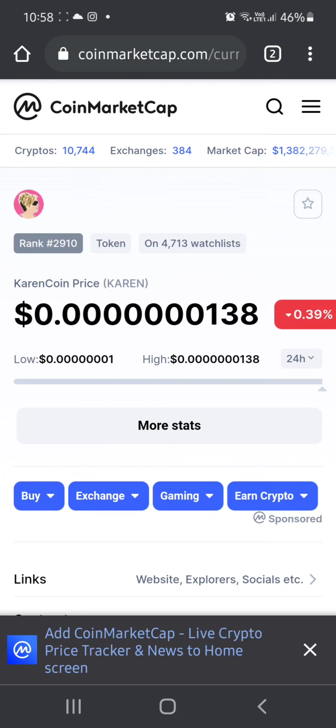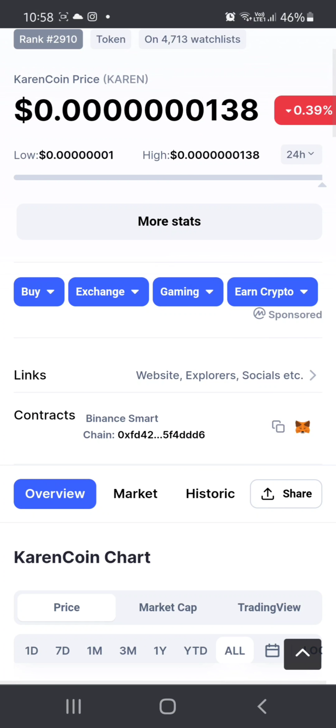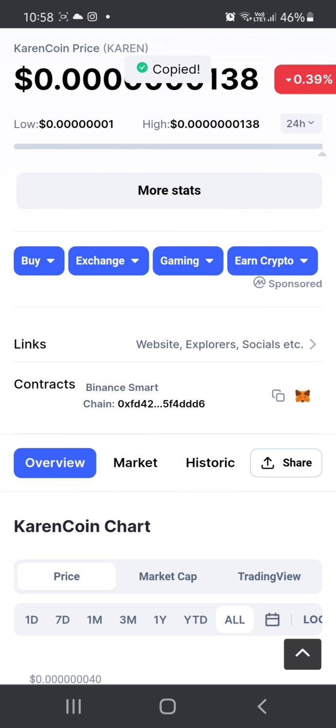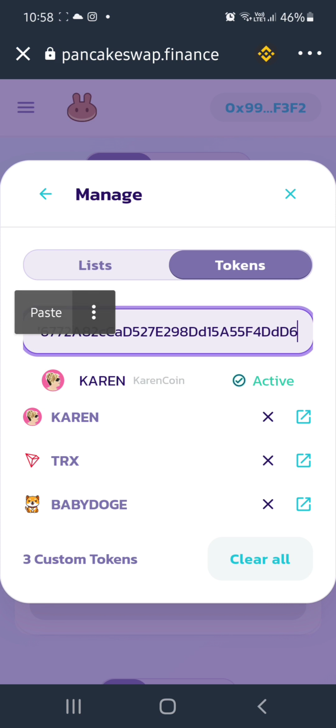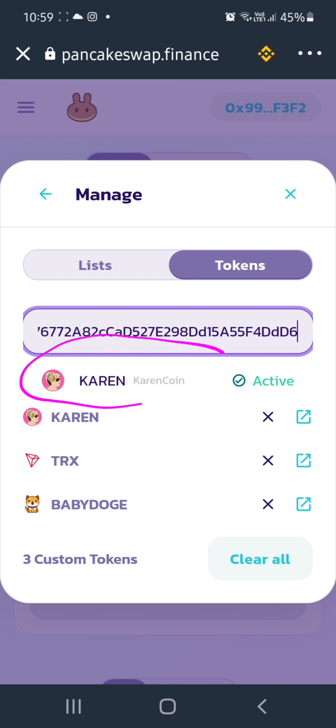Here you have the contracts menu, right? There we have the Binance Smart Chain address, so just copy that. Copy this address that is showing here, the Binance Smart Chain address, and paste this address in the PancakeSwap field text box. In the bottom it's already showing as active. I already have added it, right? Below it is also showing as current. Once it is added, click on that coin.